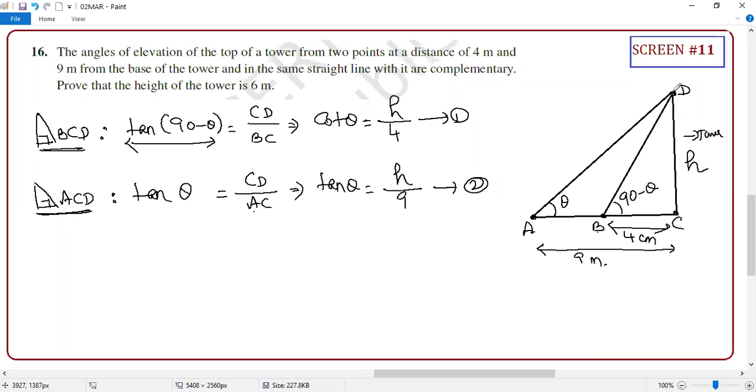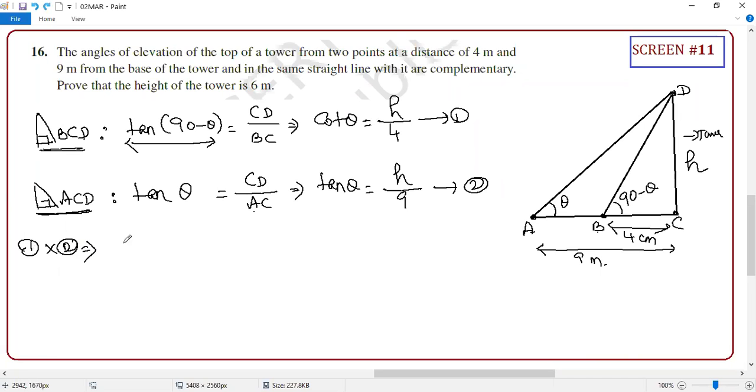Now, two variables, then the problem is coming. Either you can equate H equal to 4 cot theta, H equal to 9, but I don't want this guy. So you want to eliminate this guy. Very simply you can eliminate. How to, sir? Tan theta into cot theta, if you eliminate, you should not divide, student. You should multiply. When you are multiplying two, both are reciprocal, na, the answer is 1. So I am going to multiply 1 into 2. So what will you get?